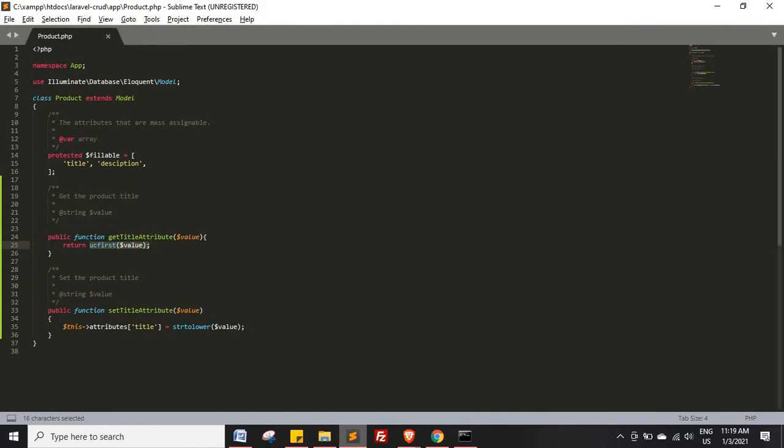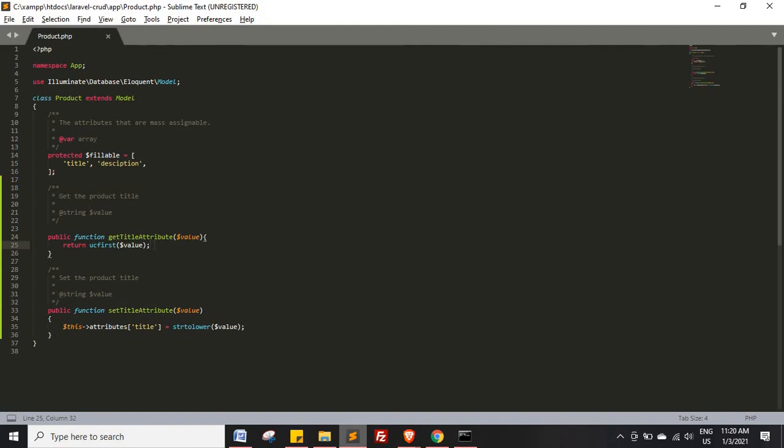Okay, so the only thing you have to be mindful of, once you are defining accessor and mutator, then you must do some kind of alteration in that data. Otherwise, if you don't, just like we have seen, it will return as empty. And once you are fetching the data, you don't have to do anything there, it will do automatically. The only place you have to make this change is inside your model.